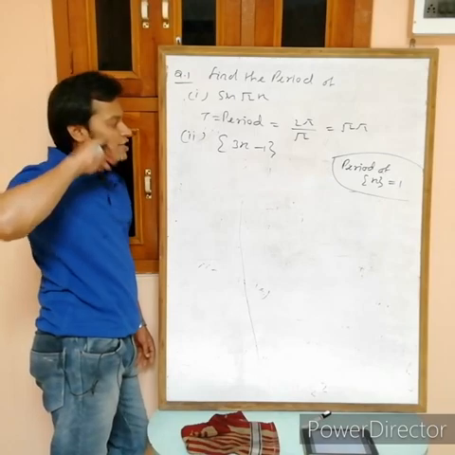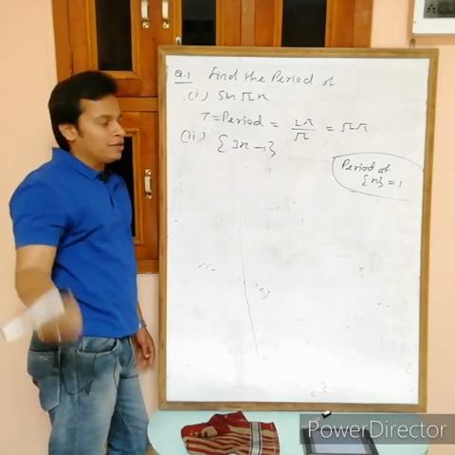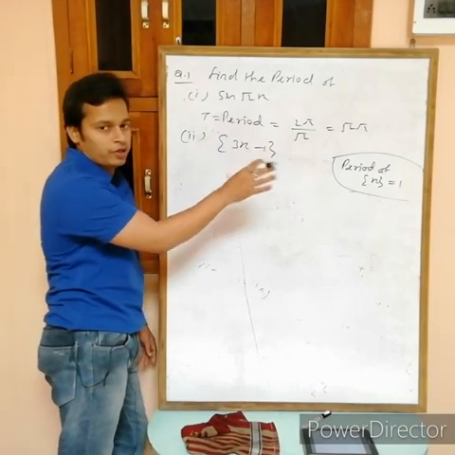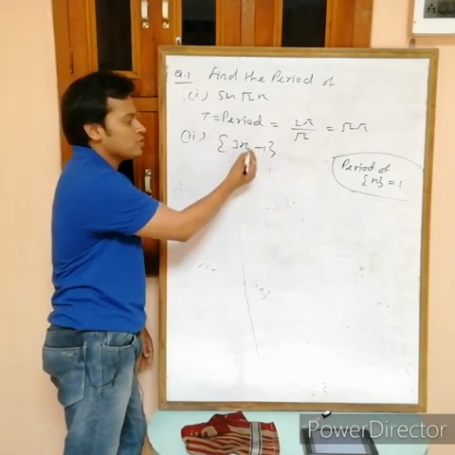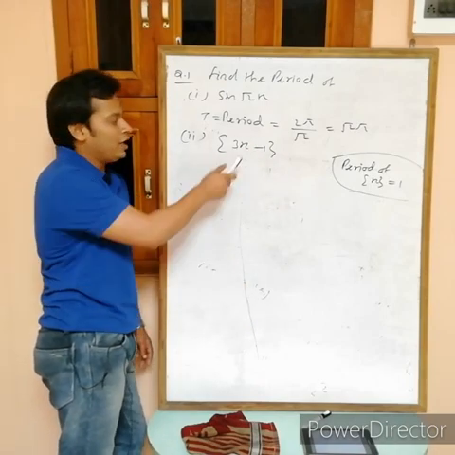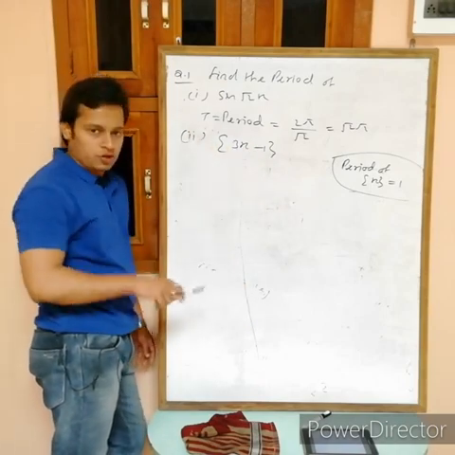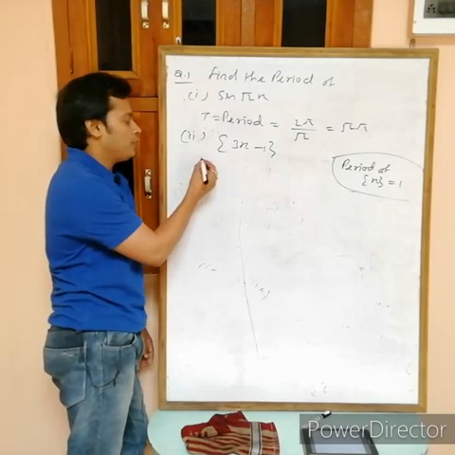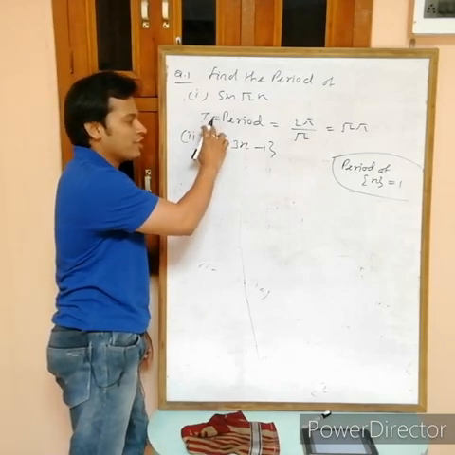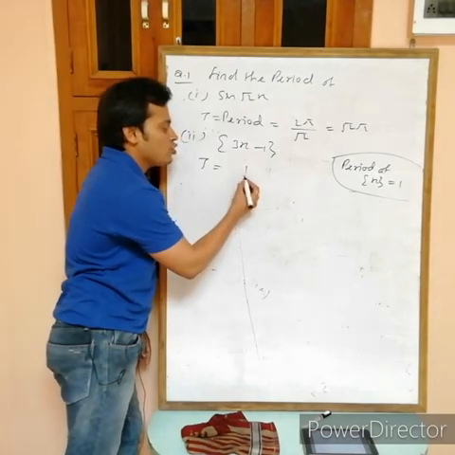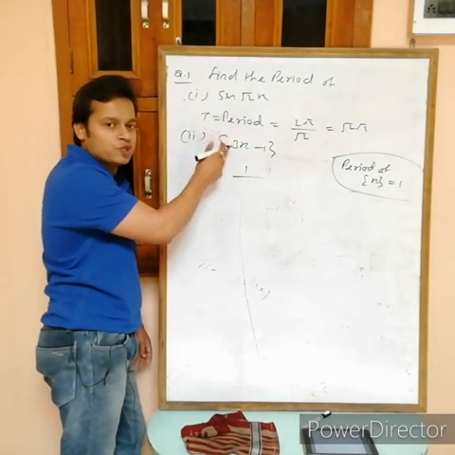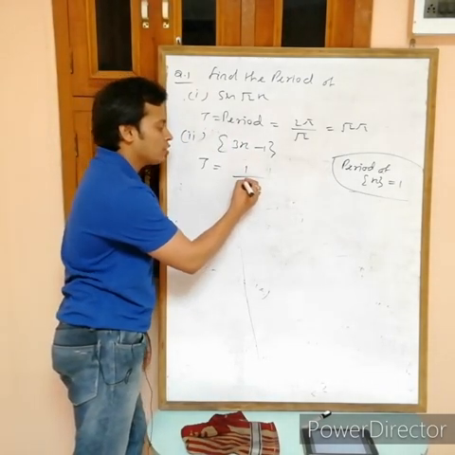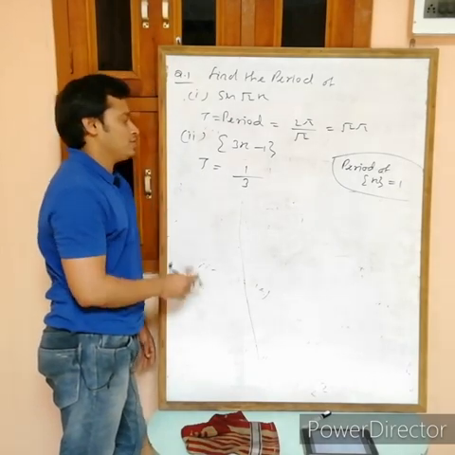Now here we have the fractional part of 3x minus 1. There is no effect of subtracting 1 on the period. Okay? So because of this one there is no change in the period, but here we are multiplying x with 3, so the period changes. So the period of this one is the period of the fractional part of x, that is equal to 1. You are multiplying x with 3, so divide by 3. So 1 by 3 is the period.